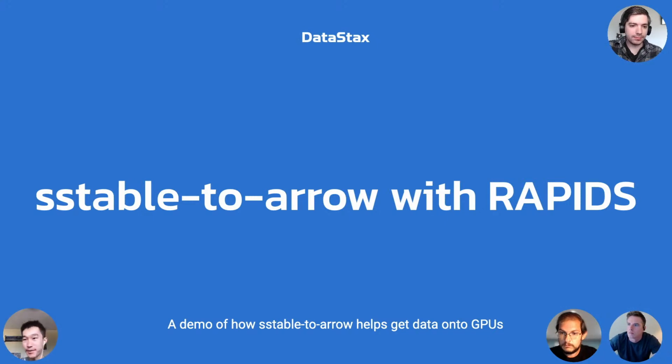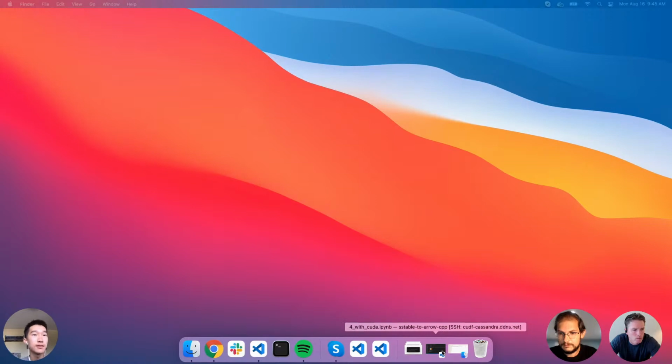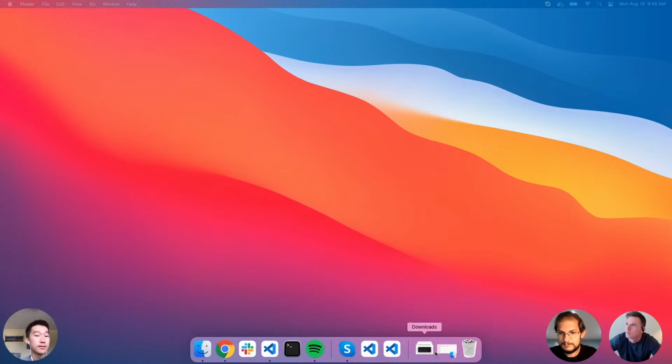Okay, sure. So now we'll go through this. You have hopefully gotten a chance to try out SSTable to Arrow on your own machines, but in case you don't have a machine that is compatible with CUDA, which is, once again, the framework that allows you to interact with the GPU, we're going to do a brief demo of how SSTable to Arrow can help get data onto the GPU using RAPIDS. So if I go ahead and share my screen here and open this up,